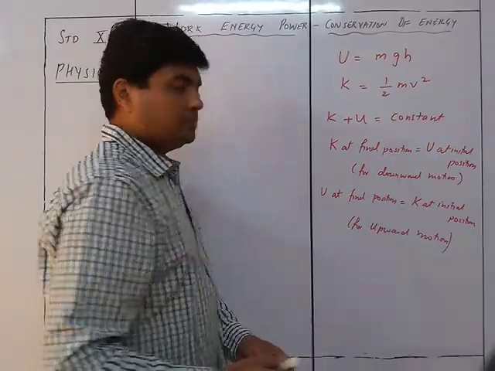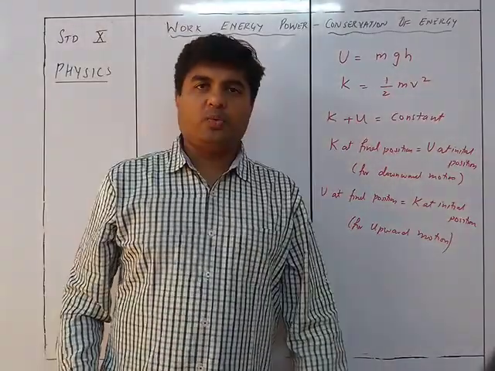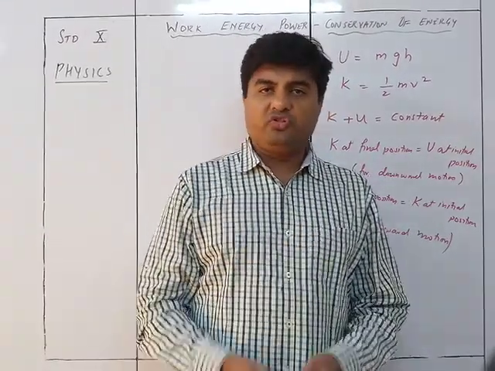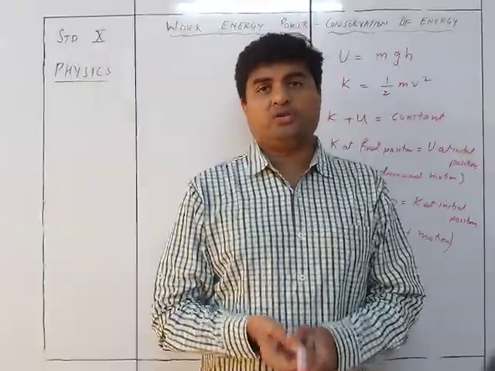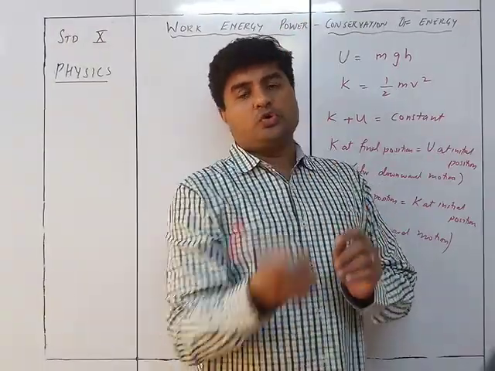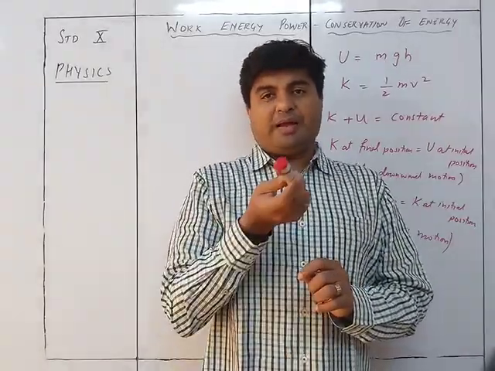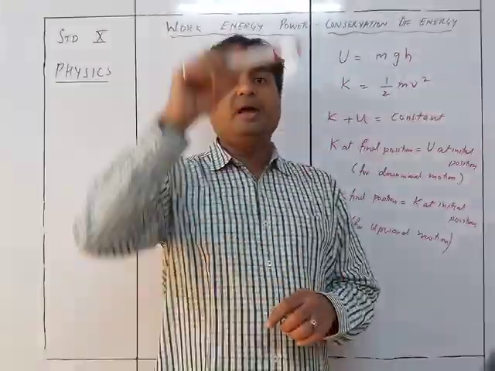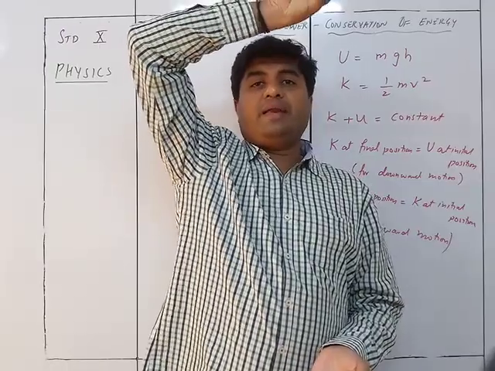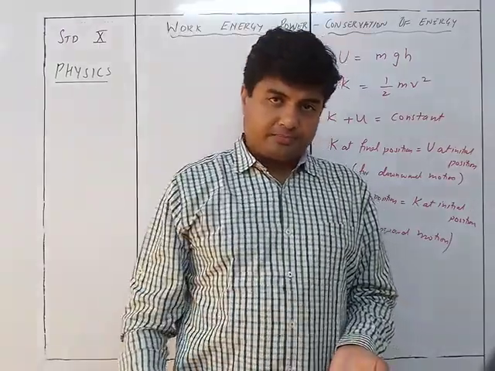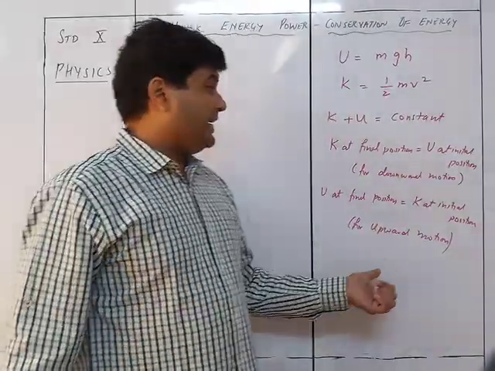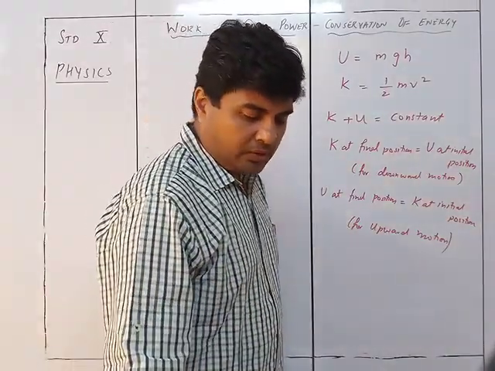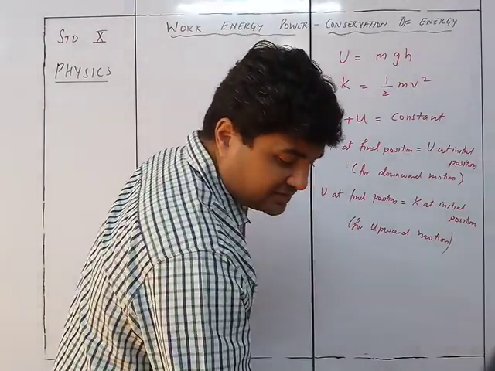You can always remember it this way: when you are throwing it vertically upwards, my potential energy is 0 because I am at the ground level. From 0 I am throwing it upwards, so kinetic energy is maximum, but the potential energy will be 0 at the bottom. When it reaches the top, kinetic becomes 0 and potential becomes maximum. At any time the sum is always constant. This is the formula we are using in this exercise.